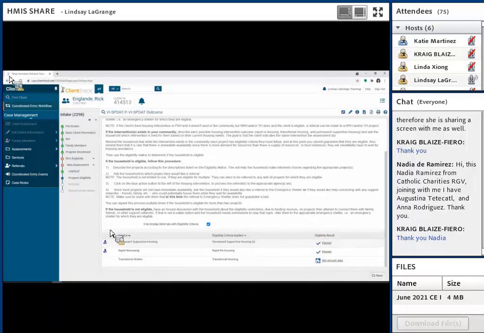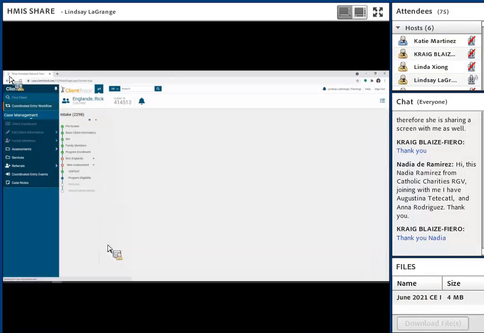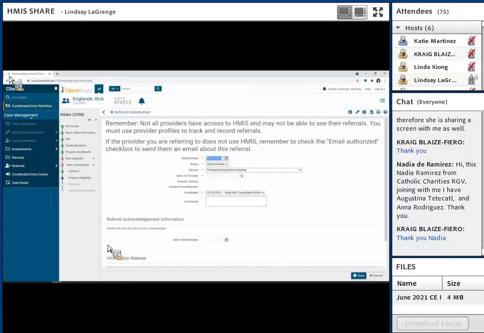So I've looked at my community's eligibility matrix, and I found that there's a few rapid rehousing programs and permanent supportive housing programs in my community, and my client is eligible for all of them. Obviously, client choice is a factor here as well. But when I'm ready to make that referral, I can click on, we call it the blue buddy icon. So I'll click on my little blue buddy icon next to that program type,